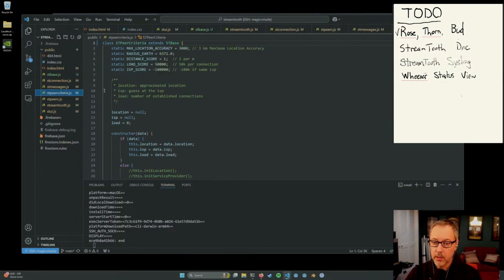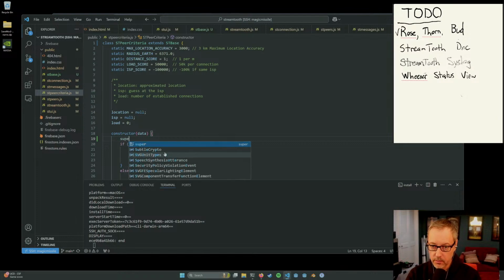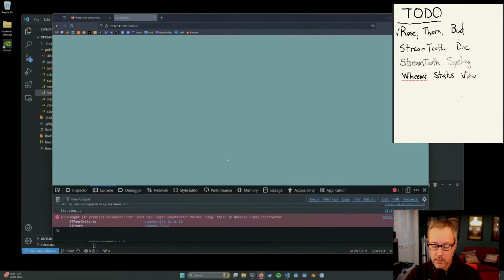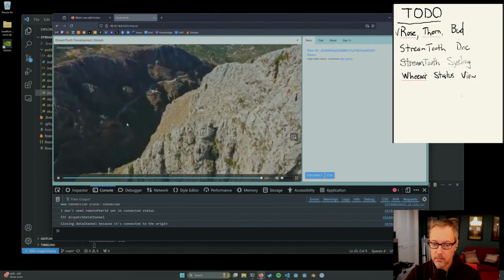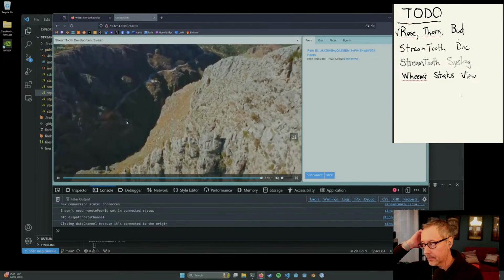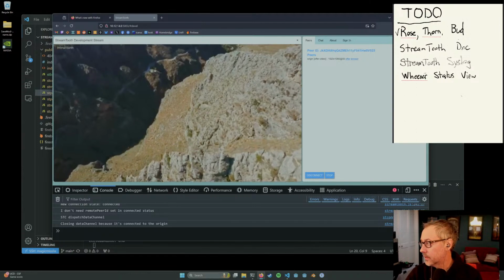So what happened there was this wasn't extending anything before. And when you extend, you have to call the super constructor before you do anything else. So now, even though we're not using ST criteria. Okay, cool. There is that. Very good.